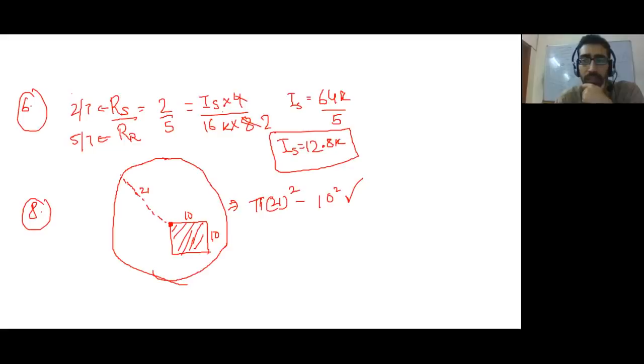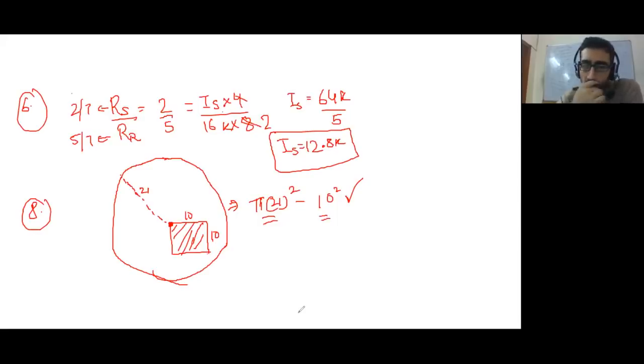Sorry, last part again. All I'm saying is, from the whole circle that is available for grazing, imagine a rope being tied, and you can cover the area made by a circle with the length of the rope as the radius. The length of the rope will act as a radius, and then the horse has available area to roam or graze within a circle, which is pi 21 square. And from that, you have a small square field that is not available for grazing. Therefore, its area must be subtracted, and all the rest is available for grazing.